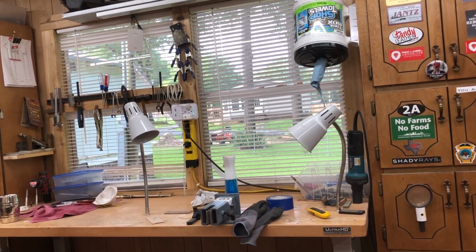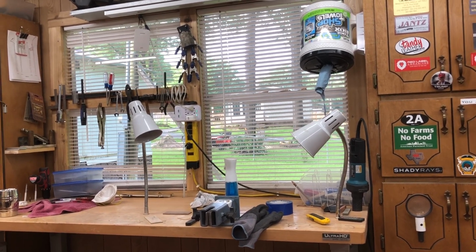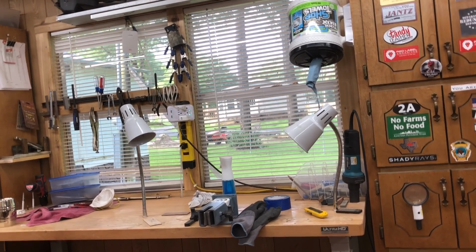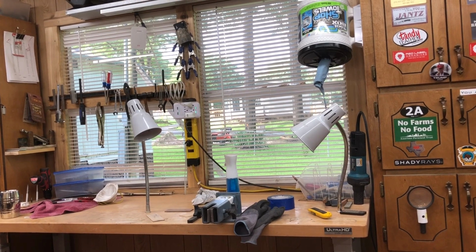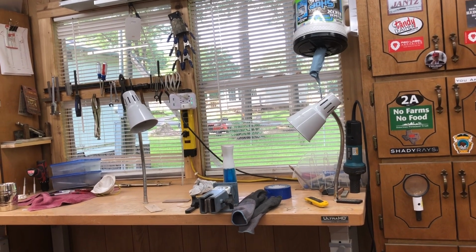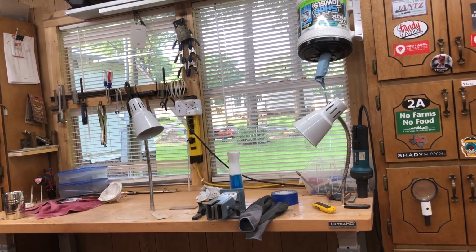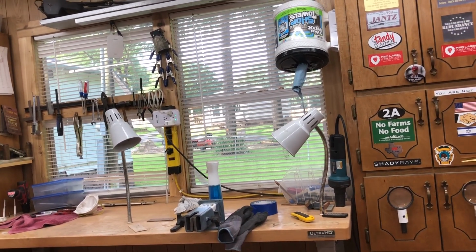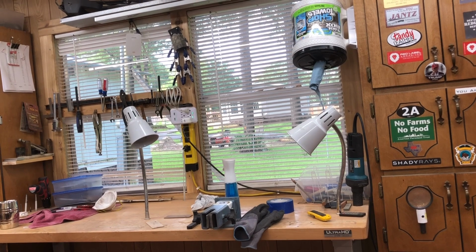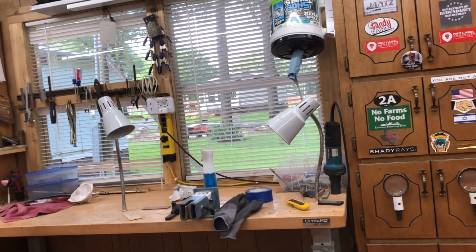So I ordered it, and I looked at the Palmgren, and I almost decided to buy the Palmgren. That's Palmgren, and they're owned by C.H. Hanson. But people were complaining about the same thing. You might get a machine that was well within acceptable runout tolerances, and then you get a machine that people had to send back because it was so bad. So it's hit or miss. And I looked at Wen, for the money seemed like a pretty good benchtop drill press,